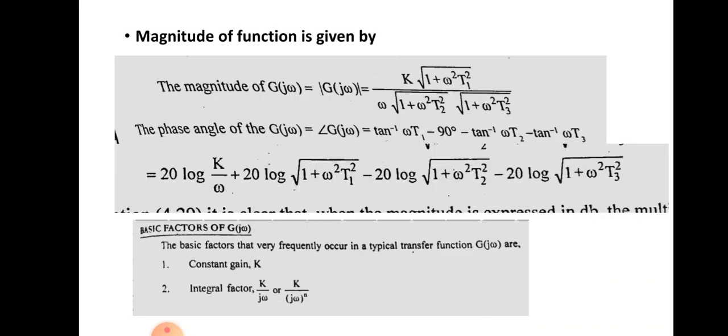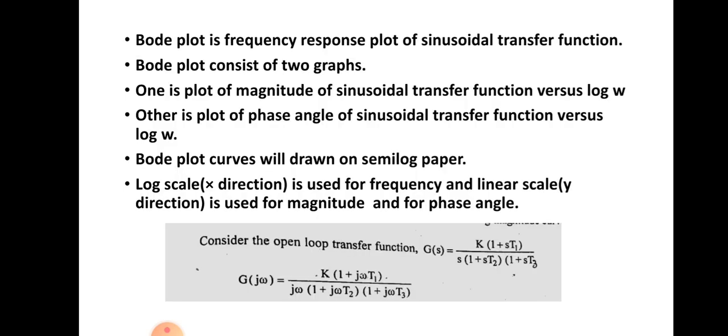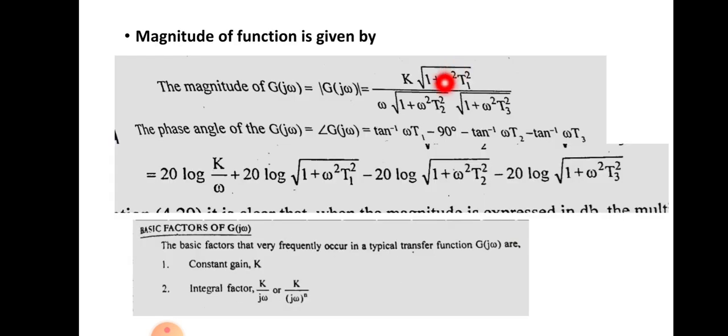So in that equation we can find the magnitude. You know that if we have different terms, then the magnitude we obtain by taking the square root of the function. See here, the magnitude of G of j omega will give square root of K square, that is K itself. So K comes here, and the next function is in rectangular form, that is in the form of a plus jb. So when we take the magnitude, it will be equal to square root of a square plus b square. So we will get square root of 1 square plus omega square T1 square.